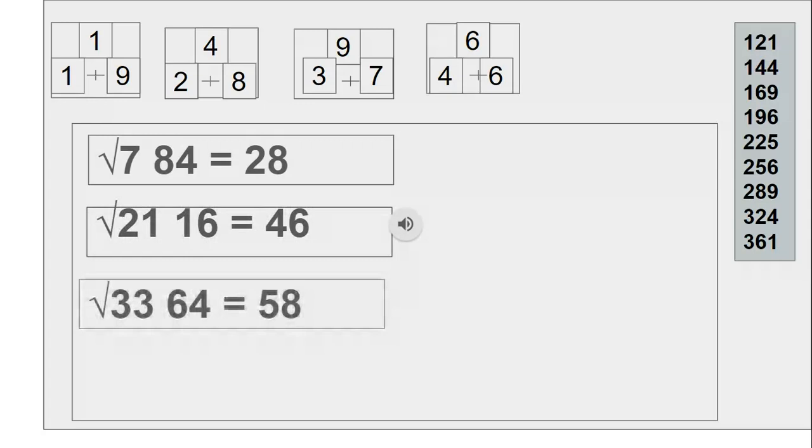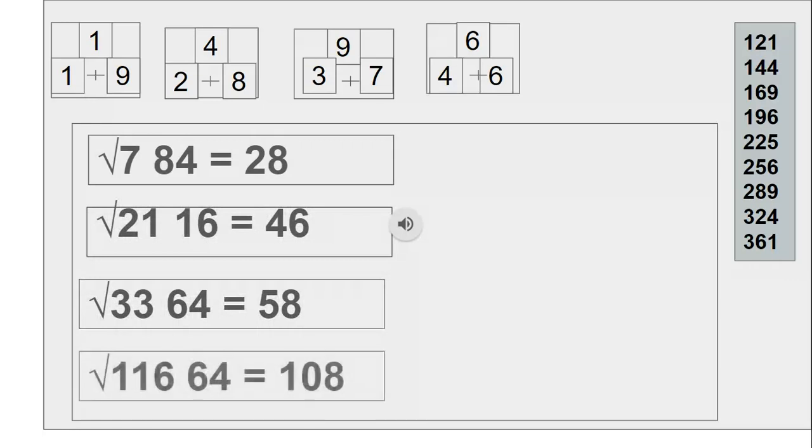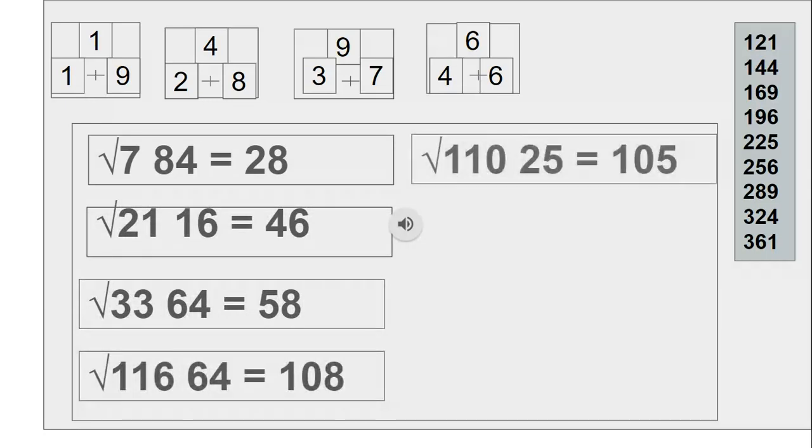Okay. Now 3136. So for 31, we will take 5 5s are 25, isn't it? So then 5 6s are 30. 30 is smaller, 31 is bigger, isn't it? So we have to take the bigger number. So 58. Now next a 5-digit number 11664. So for same 2 and 8, then 116 we can see 10 10s are 100, 11 11s are 121. So we will take a 10. The next number is 11. 10 into 11, 110. But 116 is bigger. So we have to take a bigger number. So 108. Getting?